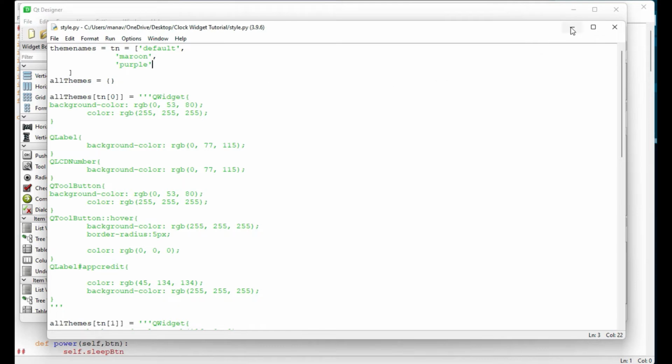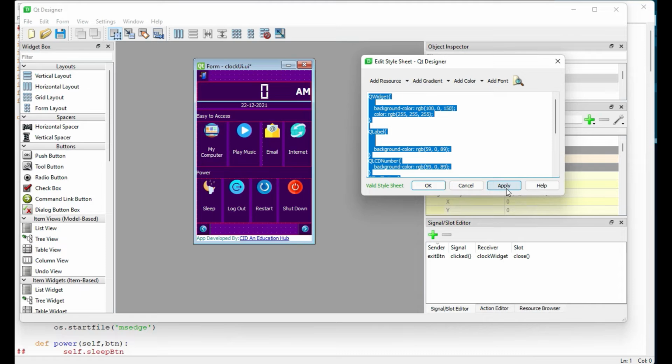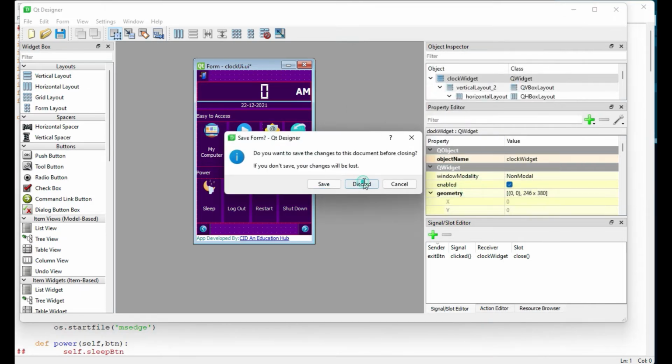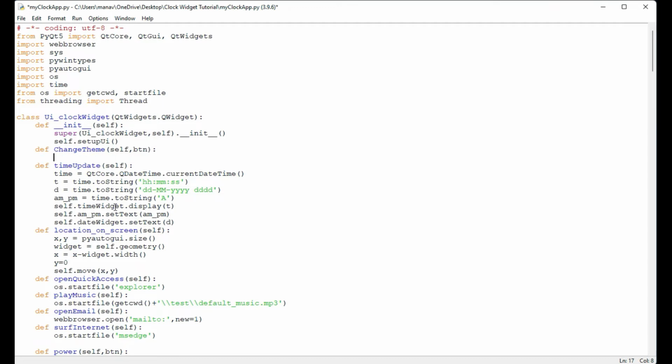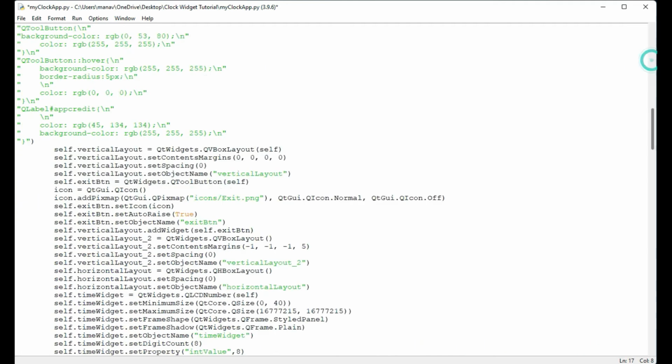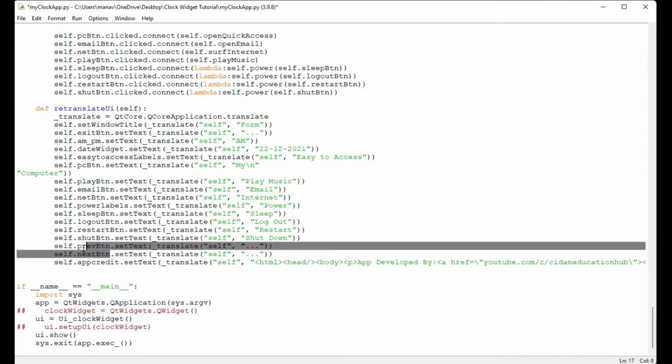And now what we have to do is come into our Python code. Let's cancel it and discard all the things here. And now let me come into my clock app.py, and under this file I will make one method here, and I will name it change theme. Let's pass self first, and then I will pass button. This button will say which button is pressed, next button or previous button. What are our buttons? If you see in our code, these are next button and pre button for our themes switching.